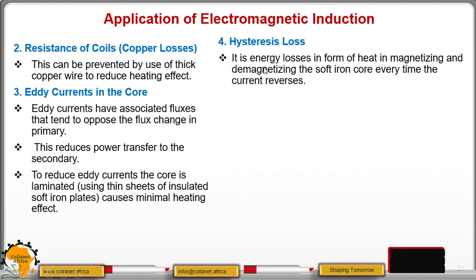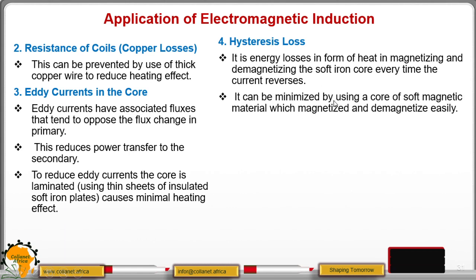Remember, we are using AC, and when we are using AC, there is change in direction and change in magnitude. So every time the current reverses, there is demagnetization, and when it changes, then there is magnetization. So there are these two processes that are occurring or that are changing within seconds. That is magnetizing and demagnetizing. And in the process, you find that there is heating effect, and that heating effect makes now the power to be lost or energy to be lost. And that is what we call now hysteresis